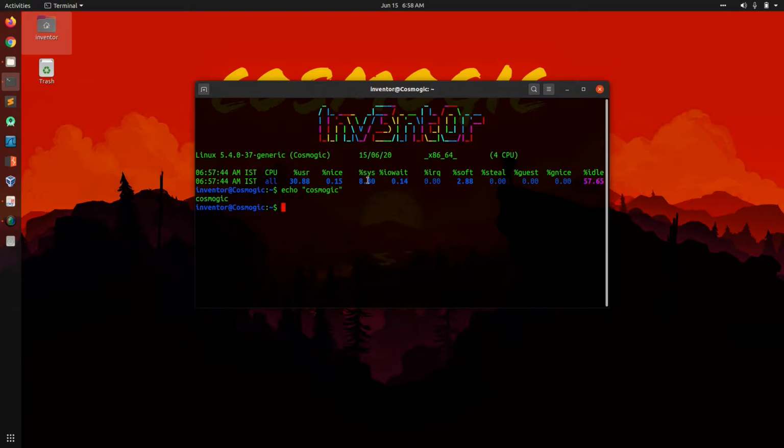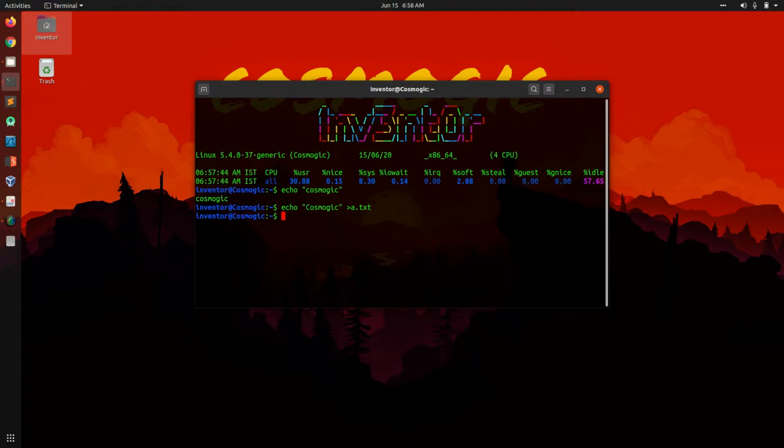Now I want to store this string in a file, so we can use the redirection operator here. Now this Cosmogic will be stored in a.txt.